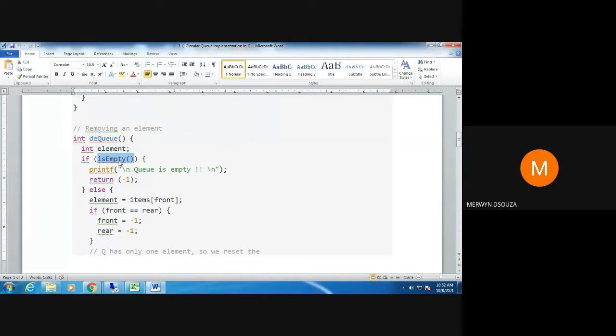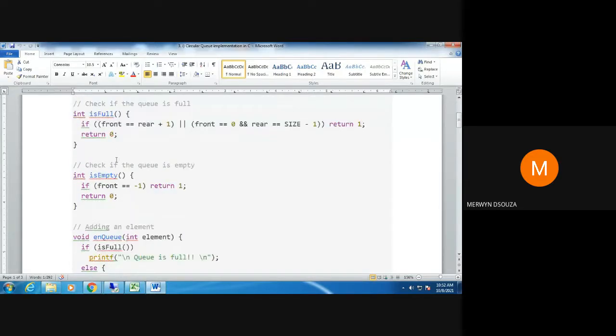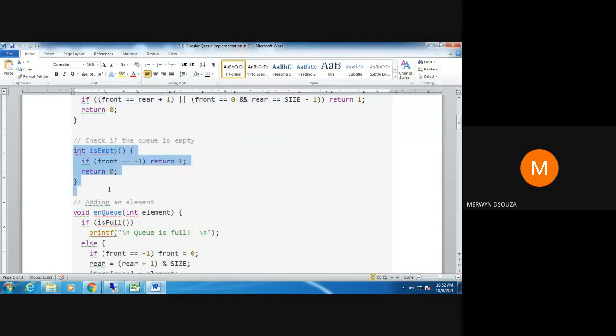So we are going to check for that inside this function. When we call the isEmpty function, this is your isEmpty function. Here we are checking whether the value of front is equal to -1. If it is equal to -1, then we are returning the value 1. Else we are returning the value 0.